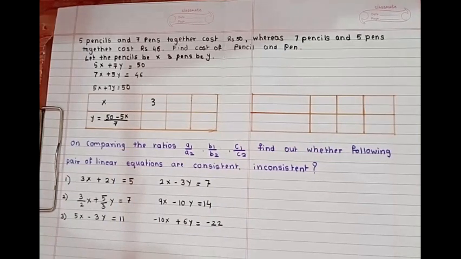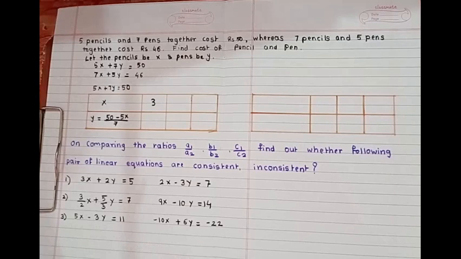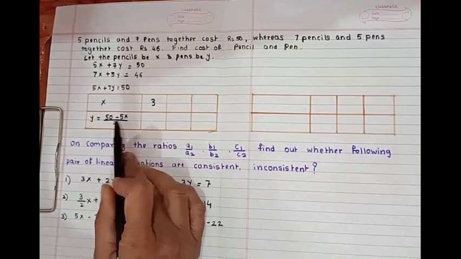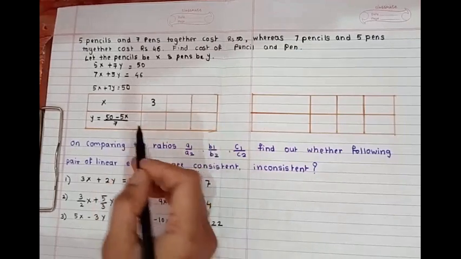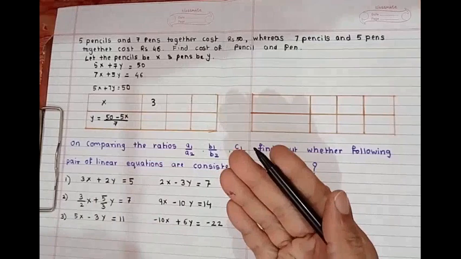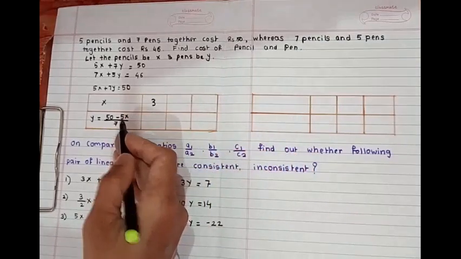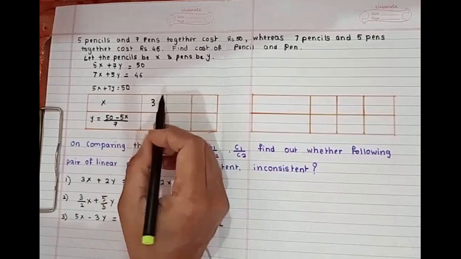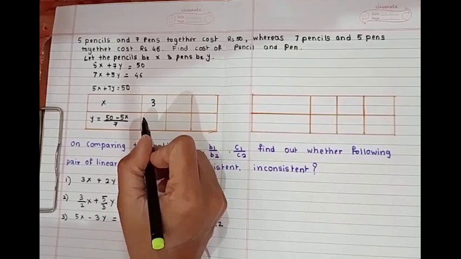First, think about this: you have to divide by 7. So the number should be divisible by 7. So 50 minus which number will give you a number which is divisible by 7? Simply if I put 3, 5 3s are 15, so I get here 35. See, the number must be a multiple of 5 because you are multiplying by 5. So we took this number. So 35 upon 7, you get here 5.